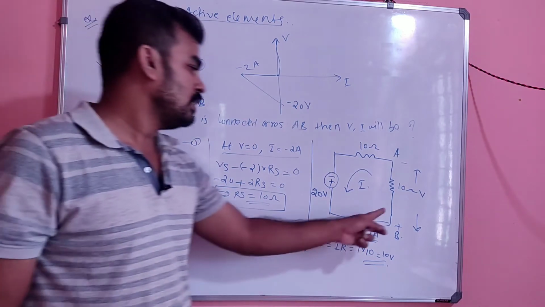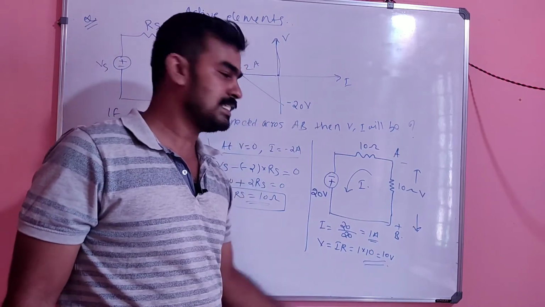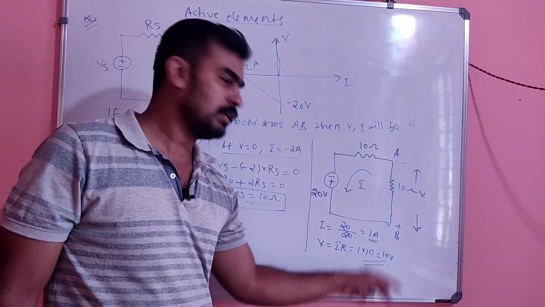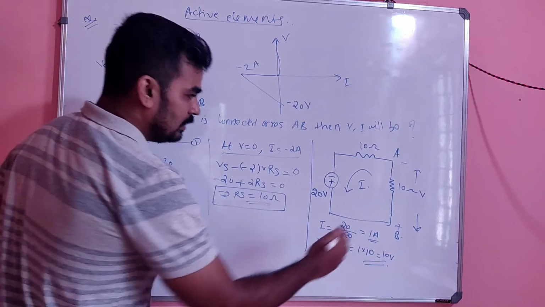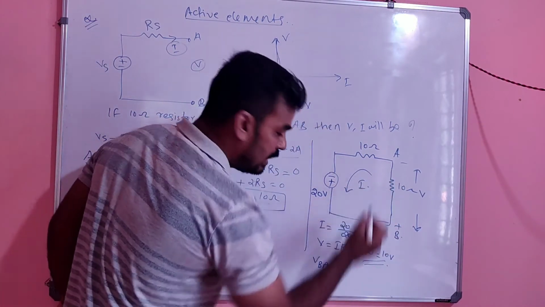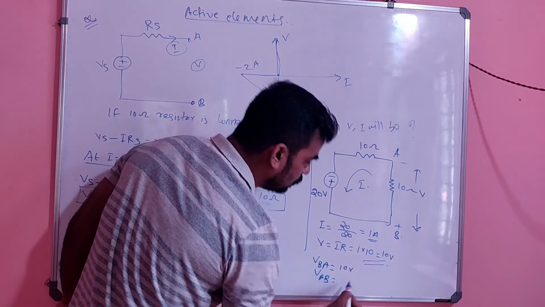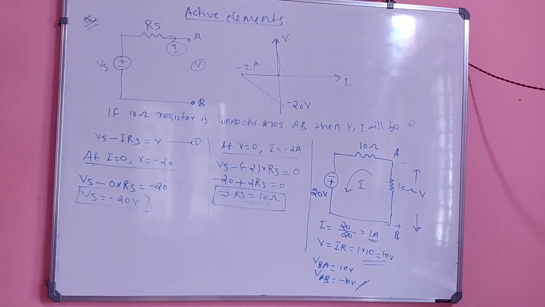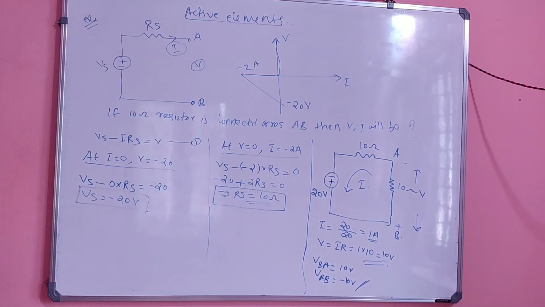Suppose the voltage AB is actually minus 10 volt. You can write simply 10 volt or minus 10, whatever is in the question. VBA, that is B to A, equal to 10 volt, but VAB, A to B, is minus 10 volt. That is very important. You can see from the options itself and find the answer.